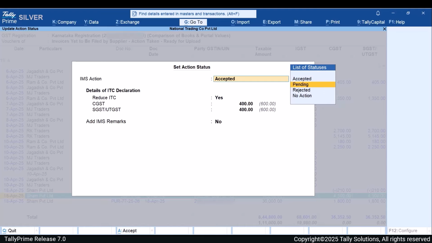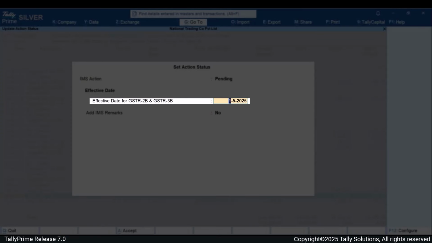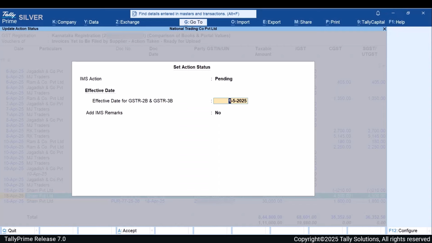Now, while setting the action status to pending, you can enter the effective date for GSTR2B and GSTR3B. This is helpful if the GST return is already filed and you want to push the invoice to a later period without revising the return.